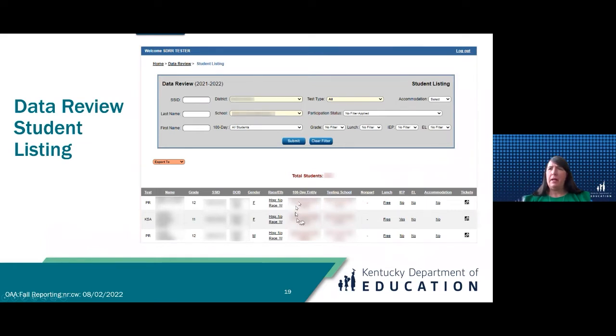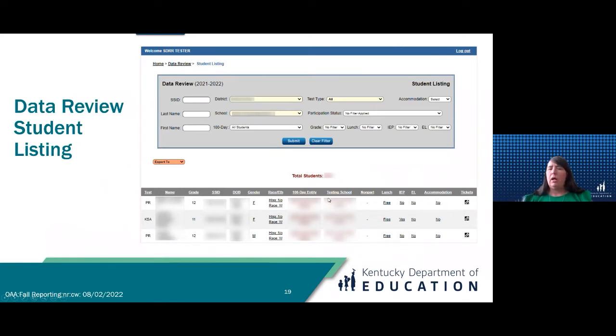Because remember what I said about the 100-day rule? That 100-day golden rule: do unto others as you'd have them do unto you. So you want to play nice. And when you click on that, it'll ask you where you want the accountability to go. And there'll be a box where you'll have to explain how many days. We don't want the date range. We want how many days the student was enrolled with you. If they're not 100, they shouldn't be accountable to you.